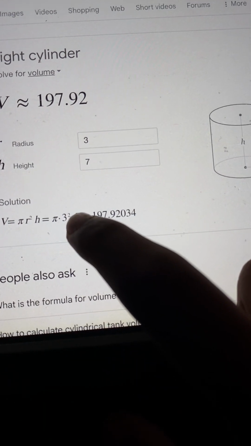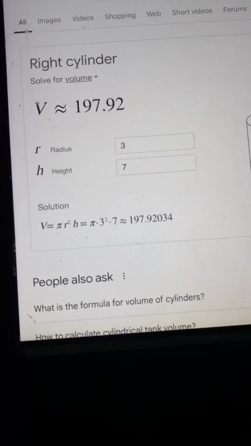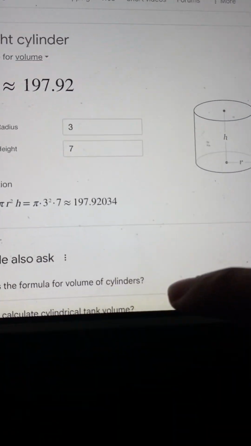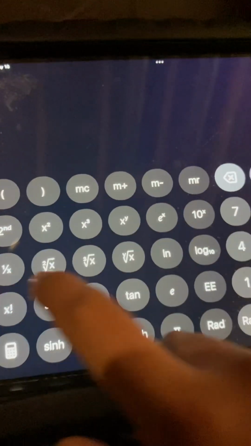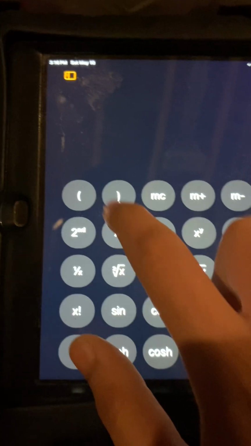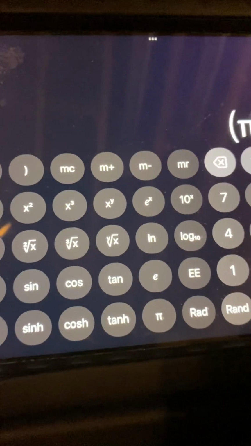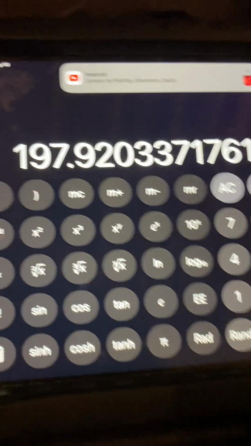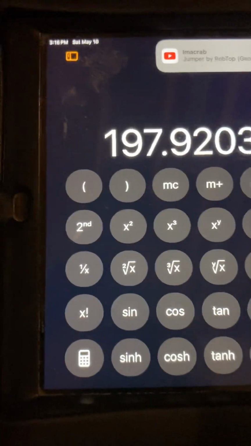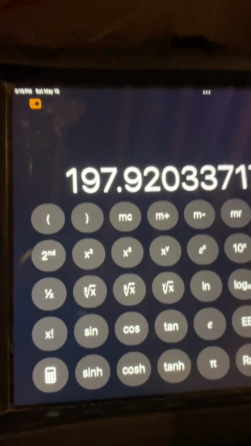Don't do 3 squared times 7 times pi. Do pi times 3 squared times 7. Yes. Let's see if this actually works. So, pi times 3 squared in parentheses. That should help. And then multiply that by 7. We should get the answer of 197.92033711617, or around